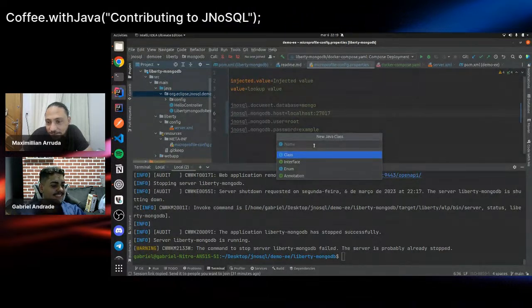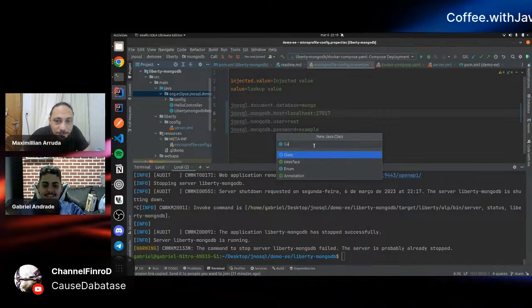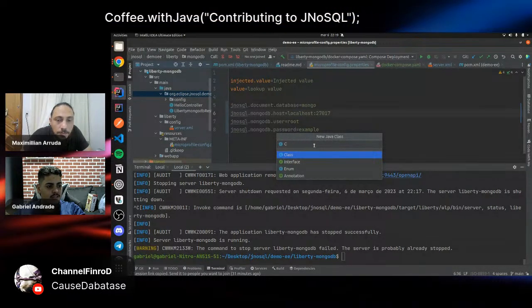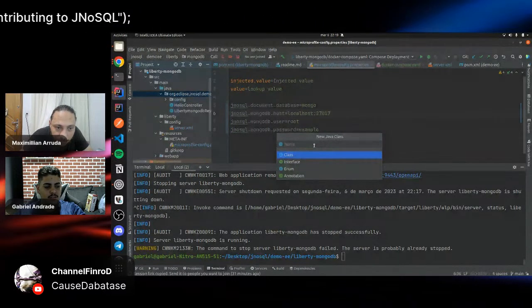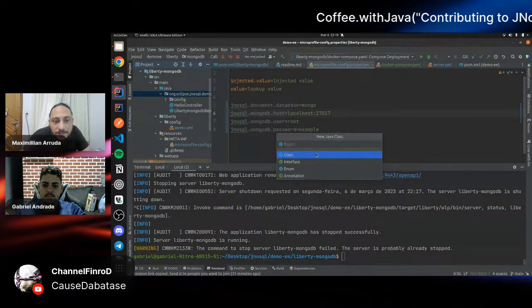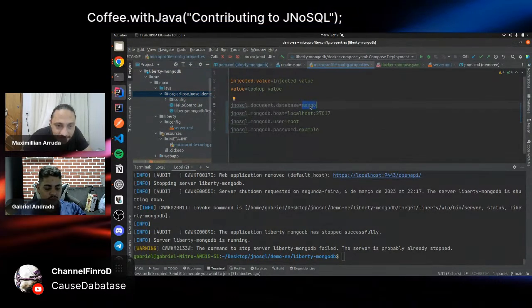Let's put his name to the database. No, the name of the database. Can you see the database name? Here in your property, you put Mongo. Go to the property again. Sorry.